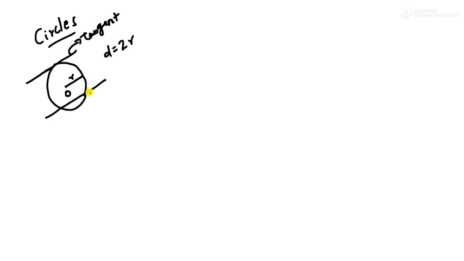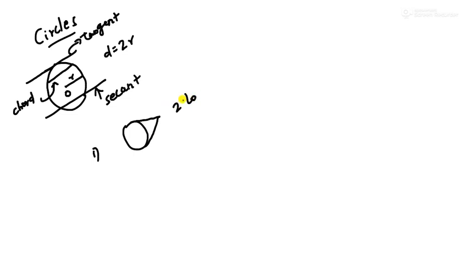And if it is cutting at 2 points, then the line is called a secant. And if it is just touching the two ends of the circle, that is called a chord, and the longest chord is the diameter. You remember these things. And then you have to remember this theorem: from an external point only two tangents can be drawn, and these two tangents are equal. Remember, if this is P, this is A, this is B, then PA and PB are equal.